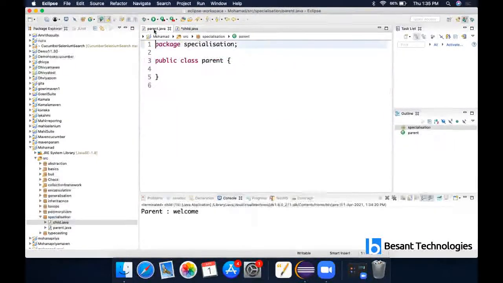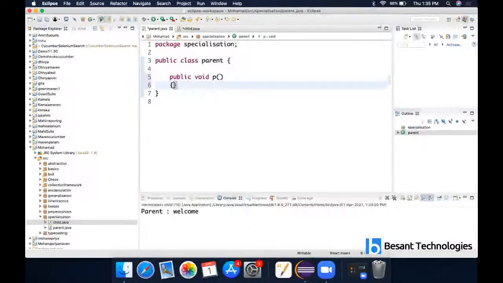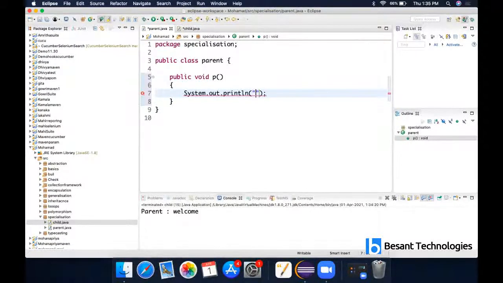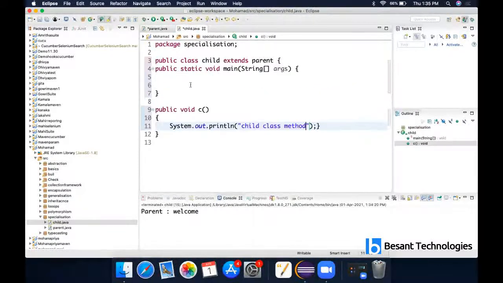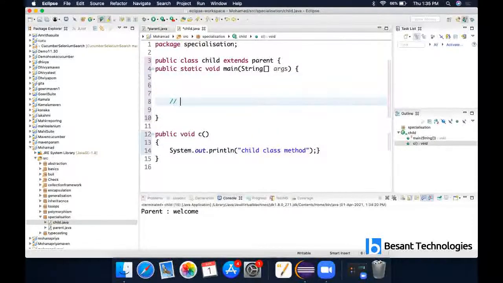In parent, I'm having method. So it is parent class method. Okay, now already we have created connection. So let's see specialization now.